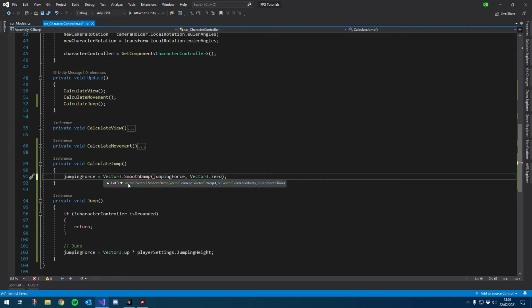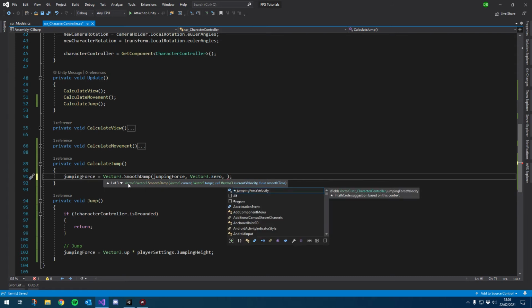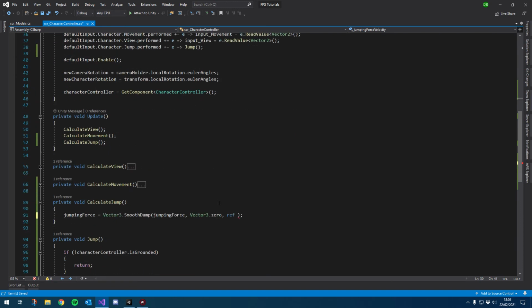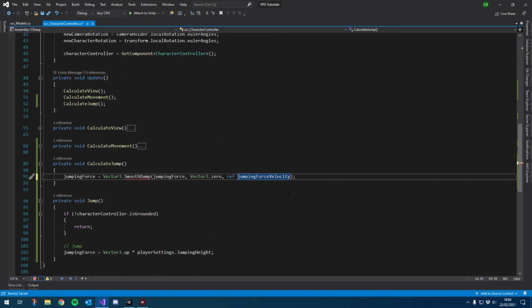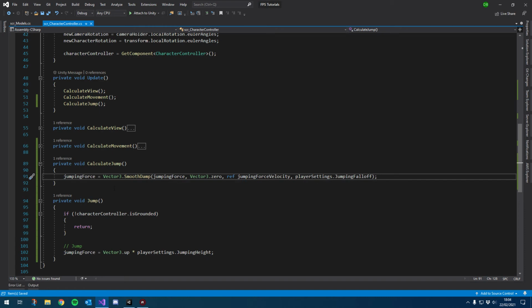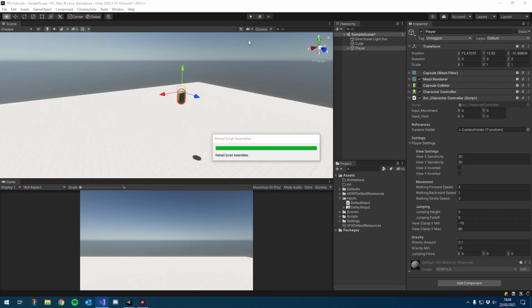So I'm basically resetting it over time back down to 0 on all axes. And then we need the velocity. So we'll just create a reference from the variable we created up here, our jumping force velocity. And then the time is the time we added in our player settings, for our player settings dot jumping fall off. So if we have a look in Unity now,